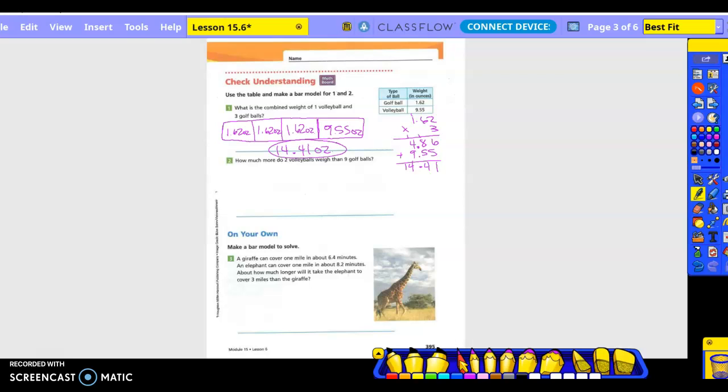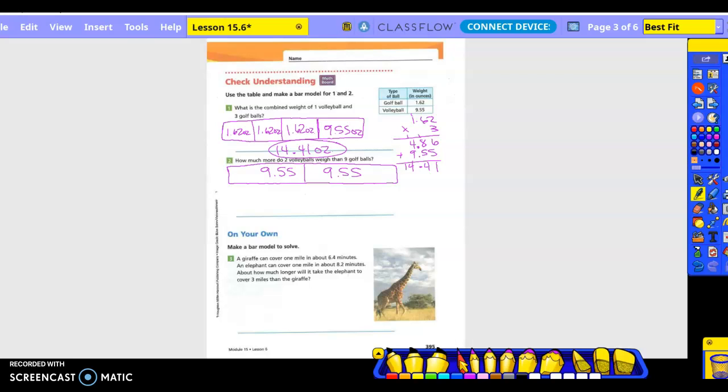How much more do 2 volleyballs weigh than 9 golf clubs? Okay, so we're going to have how many volleyballs? Clearly that bar needs to be bigger, right? So 9 and 5,500, because it flat out says that the volleyball is way more than the golf balls,